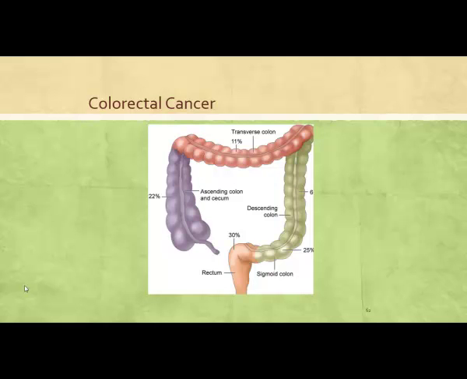Typically, most colorectal cancers are adenocarcinomas, which are tumors that arise from the glandular epithelial tissues of the colon. And remember, they have to undergo those different stages in order for it to become malignant. So we have the loss of the suppressor genes and the activation of the oncogenes, increased proliferation of the mucosa of the colon. Maybe we get polyps that form, and then those polyps turn into malignant tumors.